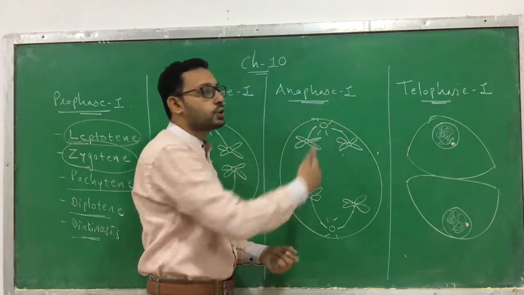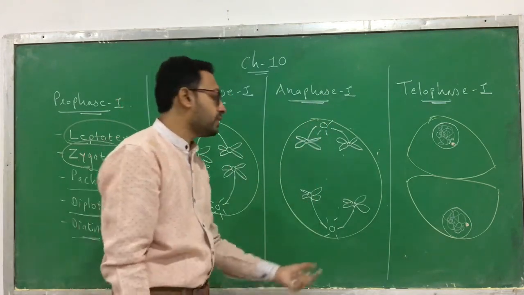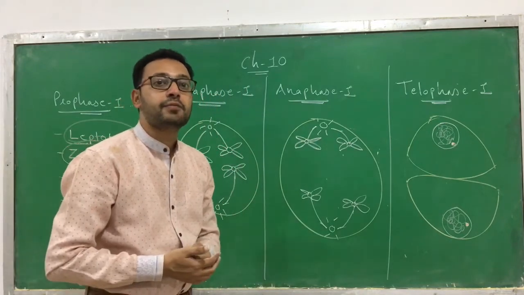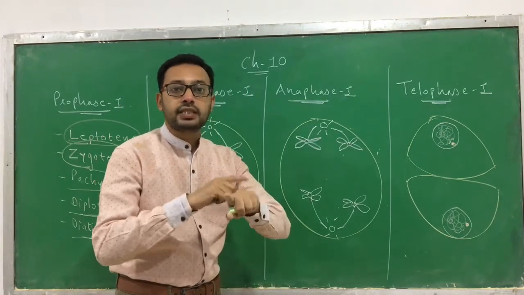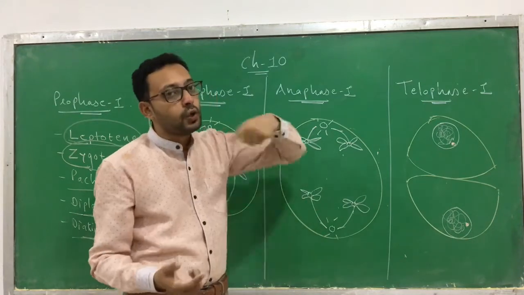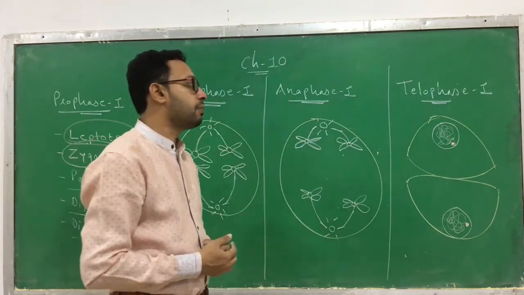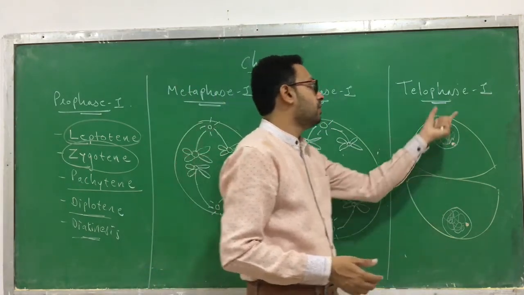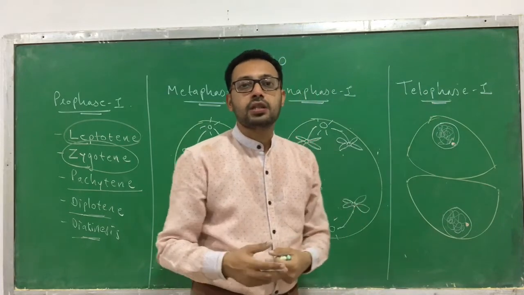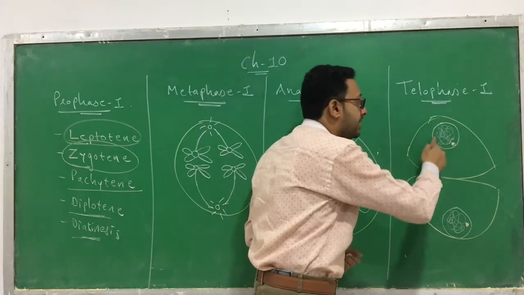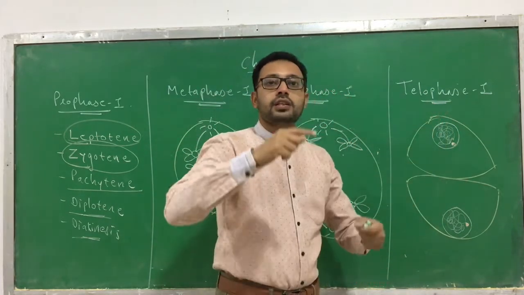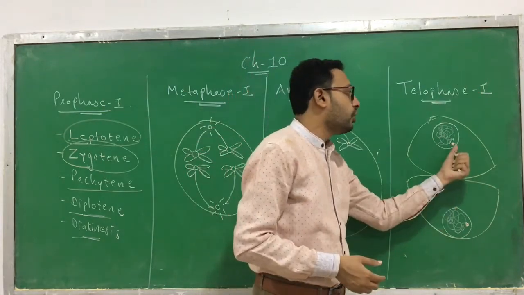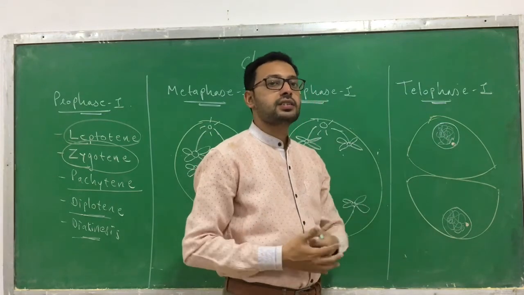Now during the anaphase, the spindle fiber starts to constrict, so the chromosomes move towards the respective pole. One chromosome goes towards the north pole and the other goes towards the south pole, for example. Here the centromere doesn't split, the whole chromosome goes towards the respective pole. Once they reach the respective pole, in the telophase there is an appearance of a nuclear membrane around the chromosomes. The chromosomes expand and convert to chromatin material. The nucleolus reappears, and this is telophase 1.